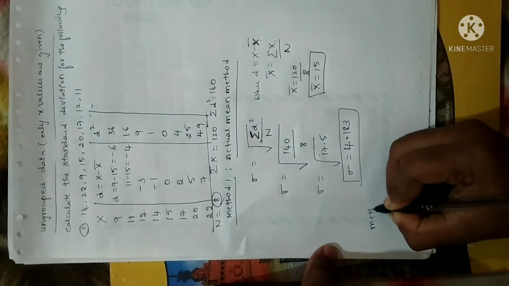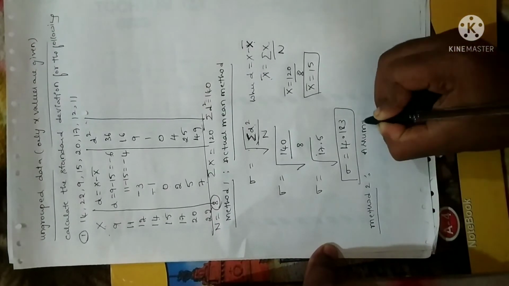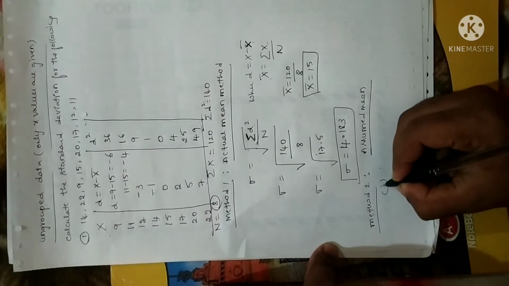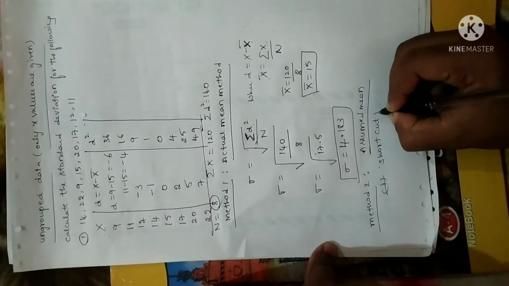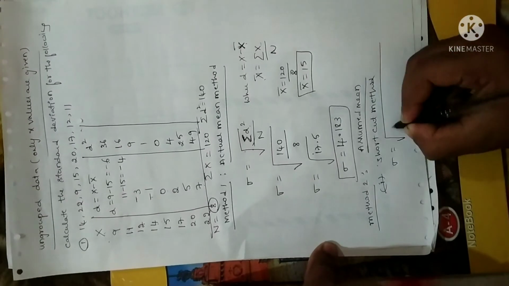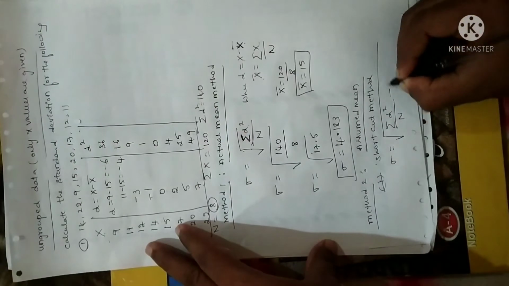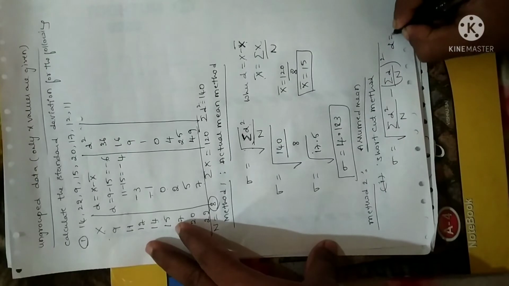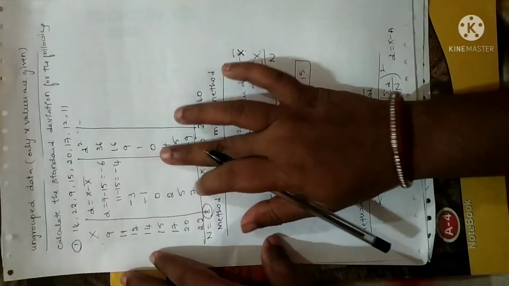So let me do the second method. Method 2, I'll do it by assumed mean. We have two methods, right? Under that, I'm going to consider it as method 2 only, so not a problem. I'll consider the shortcut method. So you just go through the formula list I have given. Sigma is given by square root of summation D square divided by n minus summation D divided by n whole square, where D is calculated by using the assumed mean, that is D is equal to x minus a. For this problem I am going to do it here only.